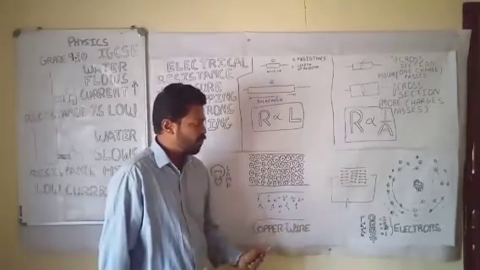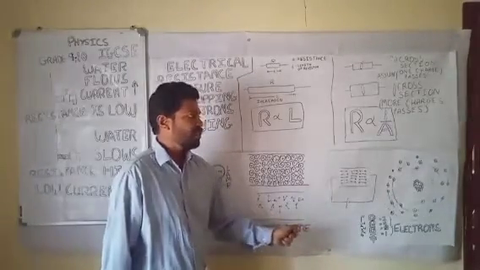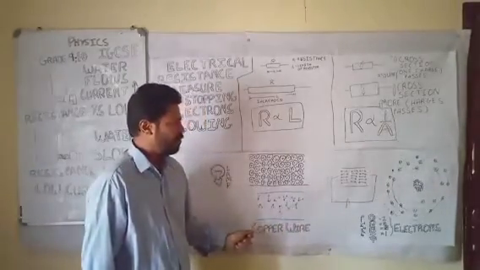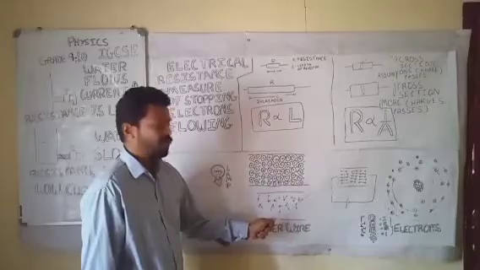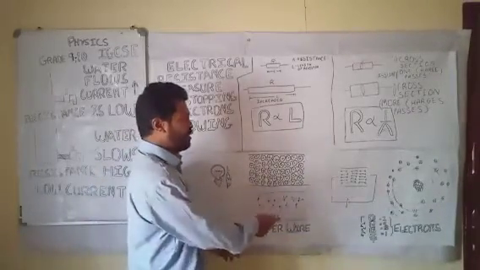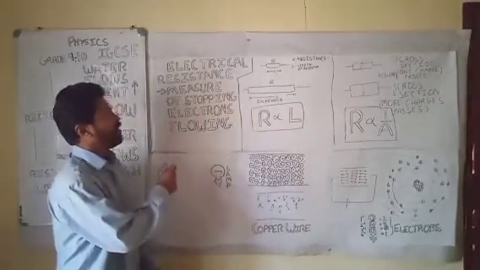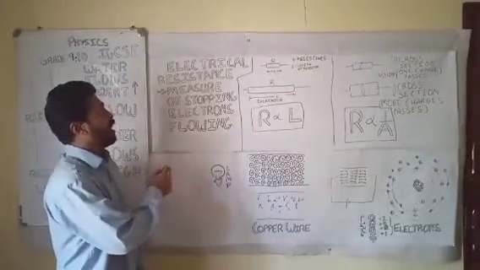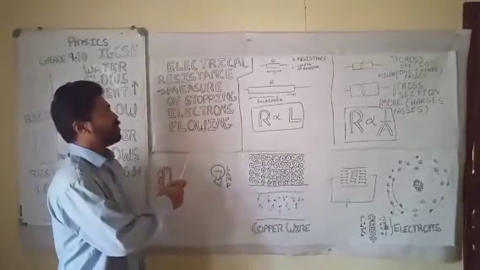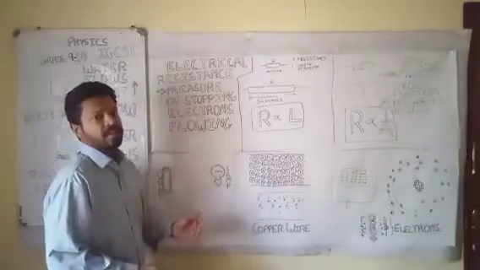Once there is a voltage source connected, the electrons or the charge move in a particular direction. This movement of the charge in the particular direction is stopped by the resistance and we get that electrical resistance. Electrical resistance is the measure of stopping electrons flowing. So this is the resistance part of